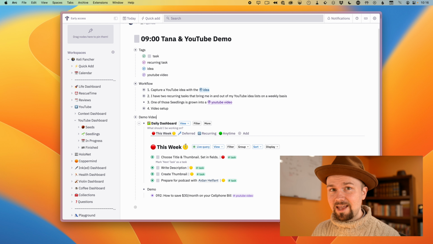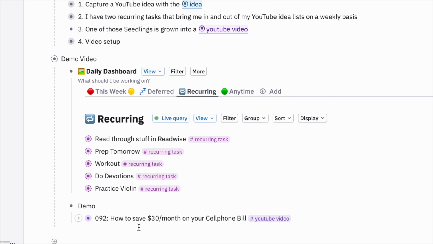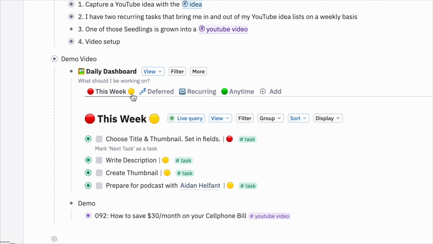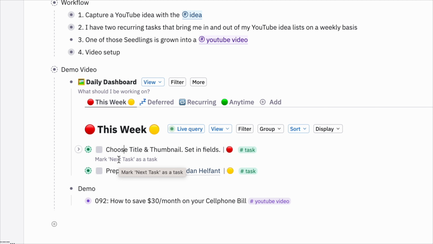I've filtered out a lot of the tasks so we can only focus on the YouTube pipeline itself. You can see this is where those recurring tasks are bubbled up to me, but for right now we're going to focus on the This Week tab, which is where the tasks actually appear. Now, some of those, like write description or create the thumbnail, are things that I can just complete and be done with them. Others, like choose title and thumbnail, those were the sequential tasks,